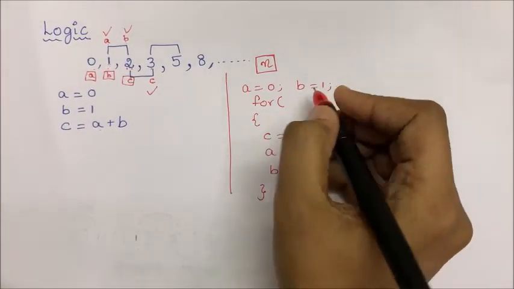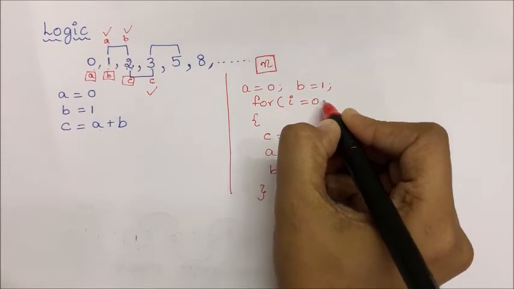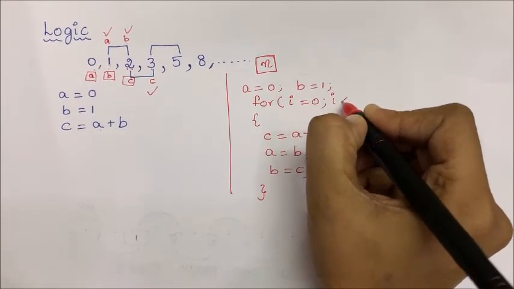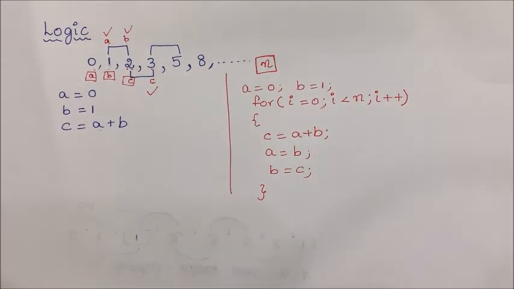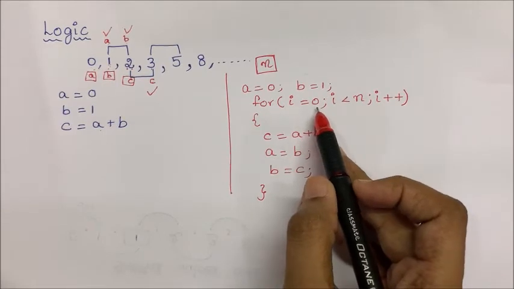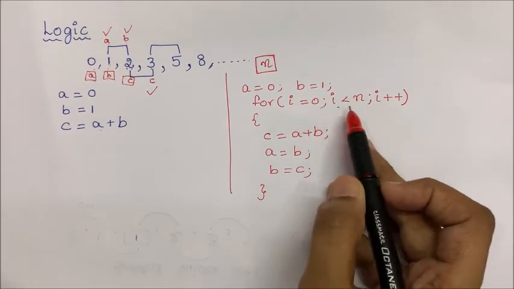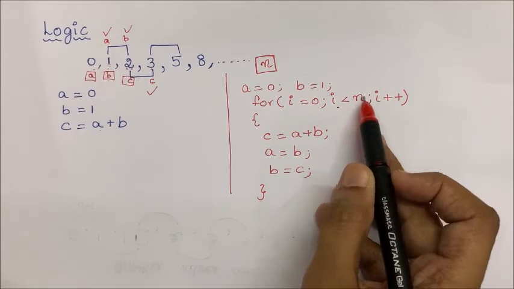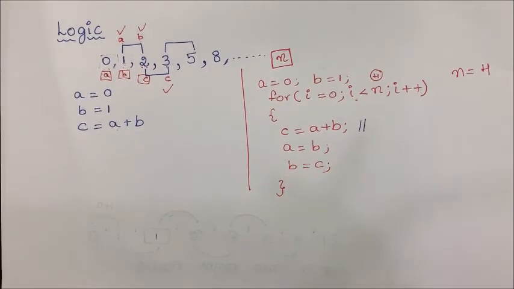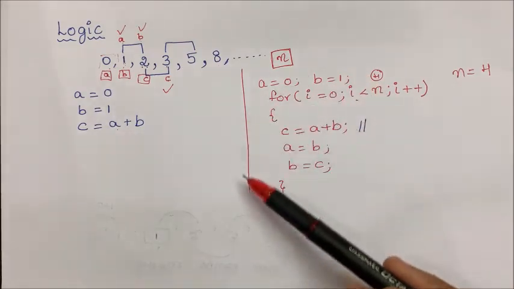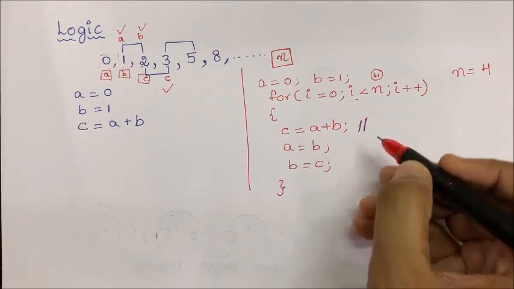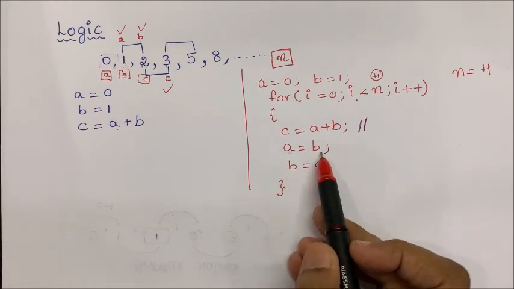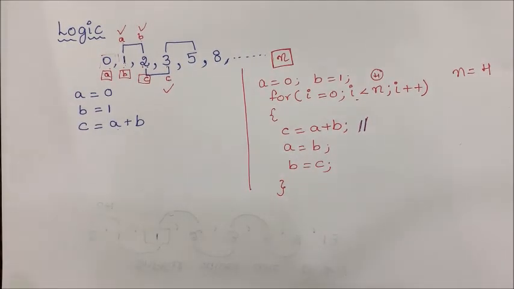So to run this, we should write a loop from i equal to 0 to n. If i is 0, it should be less than n. If i is 1, it should be less than or equal to n. This is the logic for finding the Fibonacci series of n numbers. So to execute it, you can use different print statements to check whether these values have been updated or not.